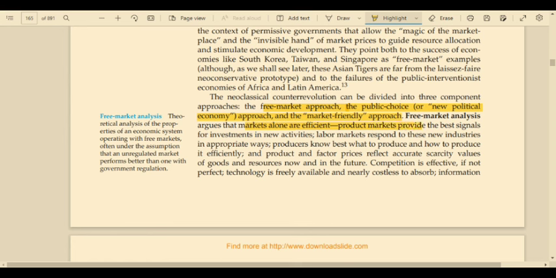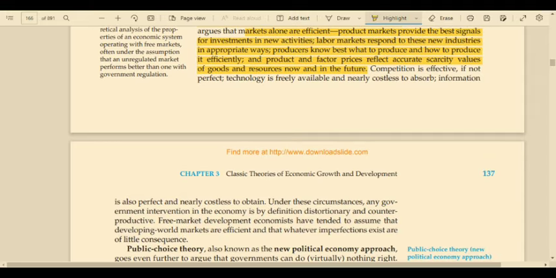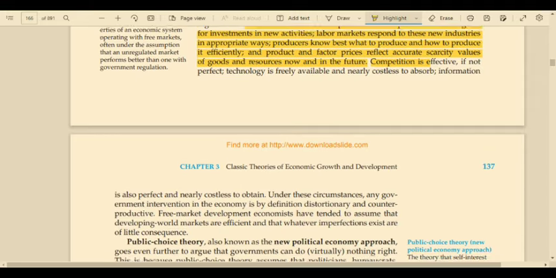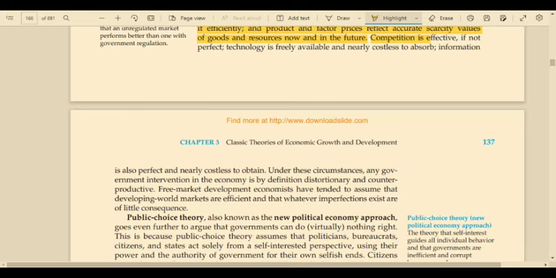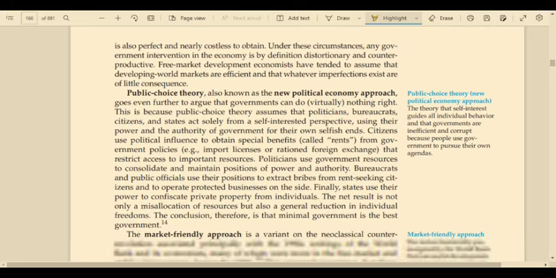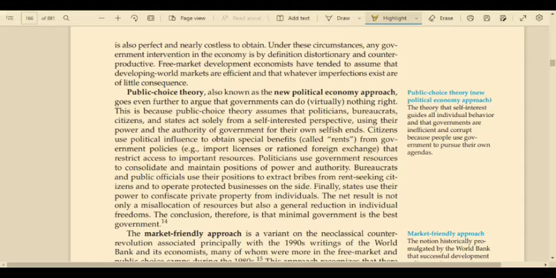Product markets provide the best signals for investment in new activities. Labor markets respond to these new industries in appropriate ways. Producers know what is best for the economy, and the product and factor prices reflect accurate scarcity values of goods and services now and in the future. There are perfectly competitive conditions in the market, and technology is freely available. But government intervention in the economy is not desirable, and it can result in distortionary and counterproductive